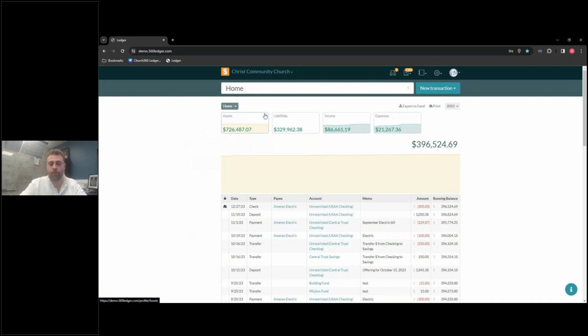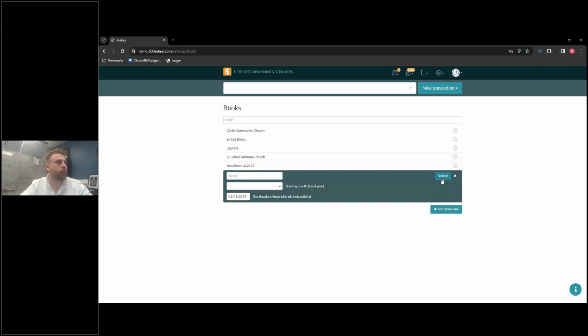I'm going to show you some examples of them being used within the software. But feel free to reach out to our team if you have any questions about using the software and definitions and all that. So let's go ahead and create a new book. We're going to create a new book, and we're going to call it,